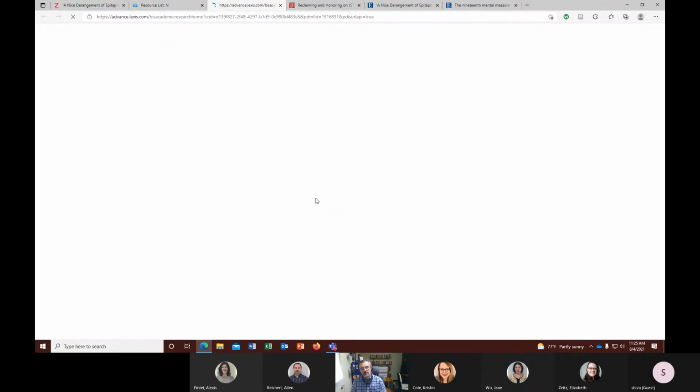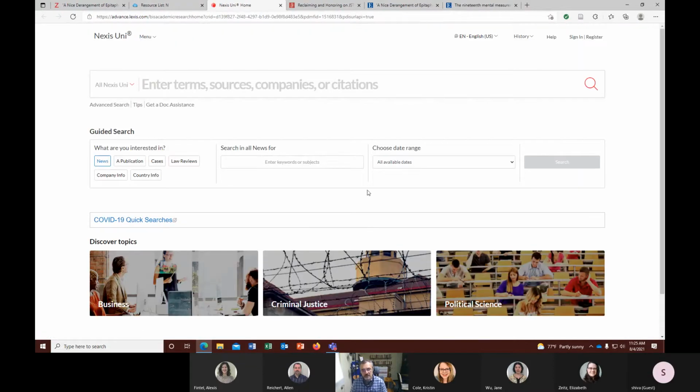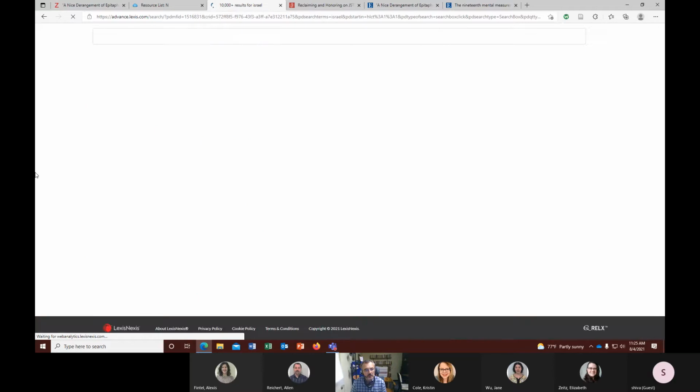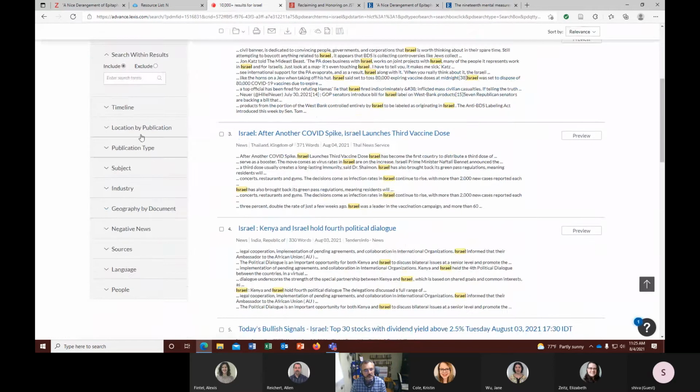Nexus Uni, the way it is set up, and the way it communicates with bibliographic management tools makes it a little bit more complicated, and it is the case with Zotero as well. So this is one of those databases that are kind of an exception. I'm just entering a keyword here just to look at